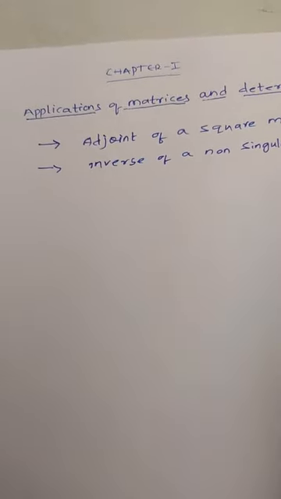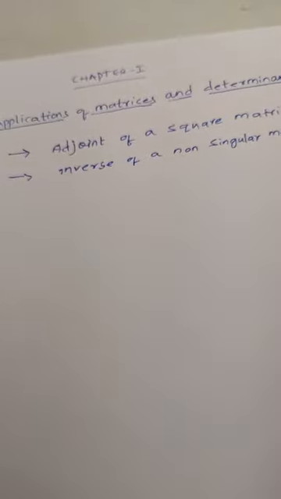In 11th standard we studied how to find the minor of an element in a matrix and how to find the cofactor of an element in a matrix. So before finding the adjoint of a square matrix, we should know how to find the minor of an element and how to find a cofactor of an element. Why? Because the adjoint of a matrix is the transpose of the cofactor matrix. What is the cofactor matrix? The cofactor matrix is the matrix formed by the cofactors of corresponding elements. Okay, let me recall how to find the minor of an element in a matrix.